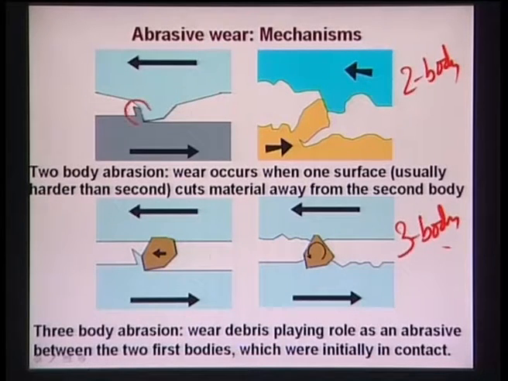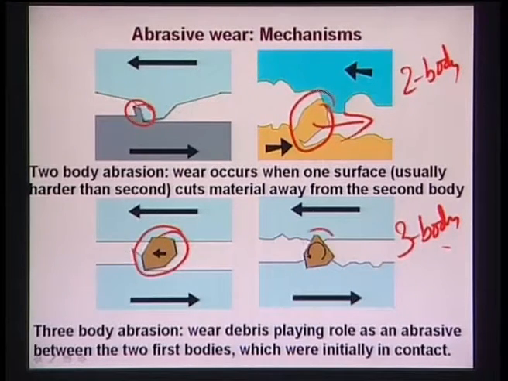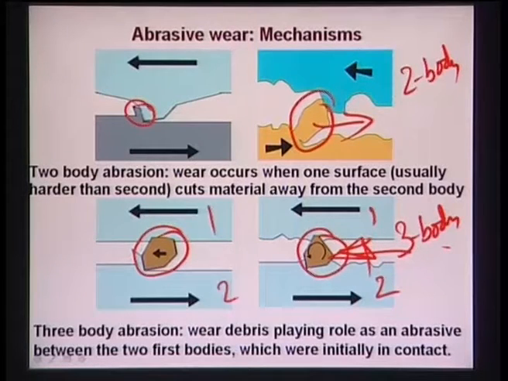As you can see here, these are the wear fragments that form, and these are the chips that can be removed immediately during the next impact. The second type of three-body wear involves external wear particles introduced in between the two first bodies. Here, body 1, body 2, and the third body are present, but whereas before the wear fragments were generated in situ, here the abrasive particles are introduced externally at the interface between the two first bodies.